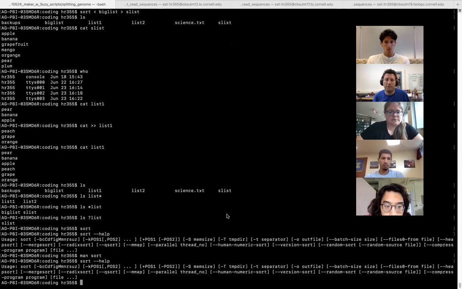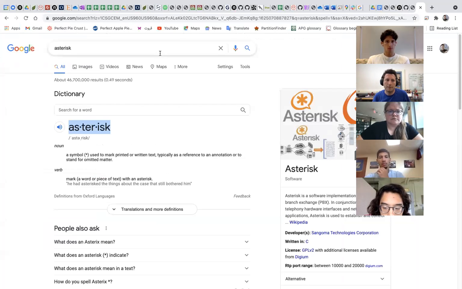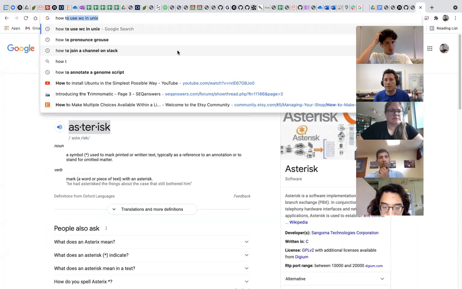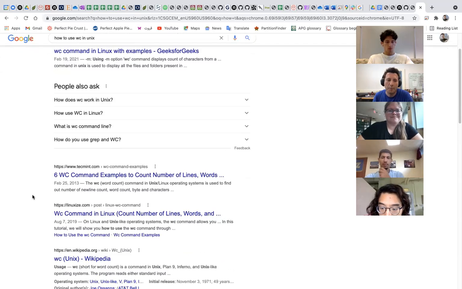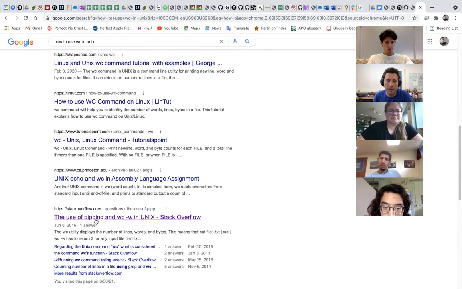But one of my favorite websites that I'll introduce to you is called Stack Overflow. So you can just Google any question, like how to use wc in Unix. And there's a bunch of stuff. Chances are that you're going to land in a page full of commercials and they're going to try to sell you something. But if you're lucky, this web page is going to come up,